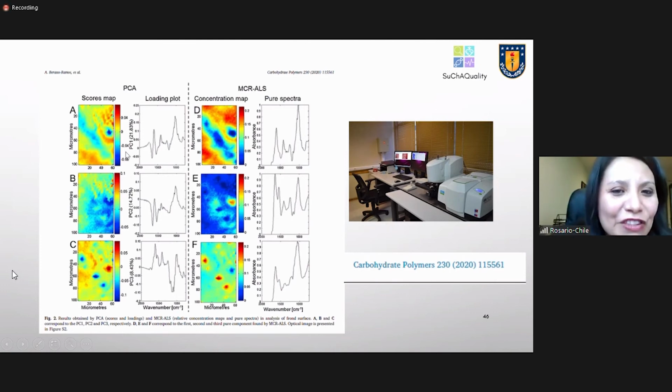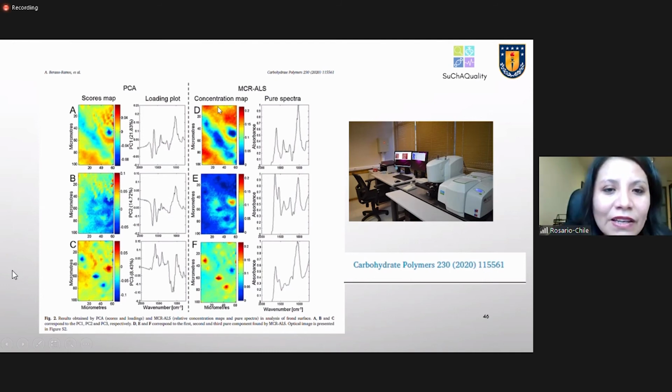So it's very difficult. But if I use MCR-ALS, I can detect how many components I have. In this case, I have 3 components, and I have as output the pure spectra of the sample. So I can see the spectra, and I can interpret these spectra using bibliography or reference spectra or another alternative,